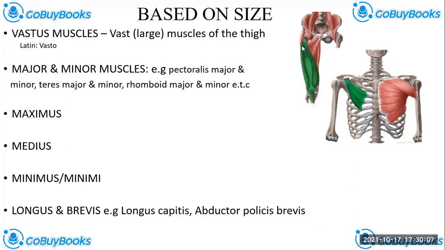It is actually three muscles that make up the vastus muscles. They are large muscles of the thigh. Four muscles make up the anterior compartment of your thigh. I don't want to go into big details, but the vastus muscles are three of those muscles. The four muscles together are called, deeper into the lesson you will reach those muscles, the quadriceps femoris. And then the vastus muscles make 3 out of the 4. So imagine how it is.